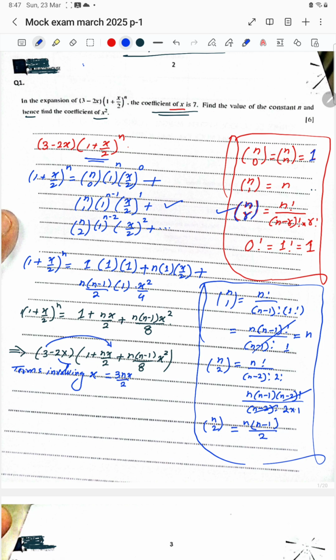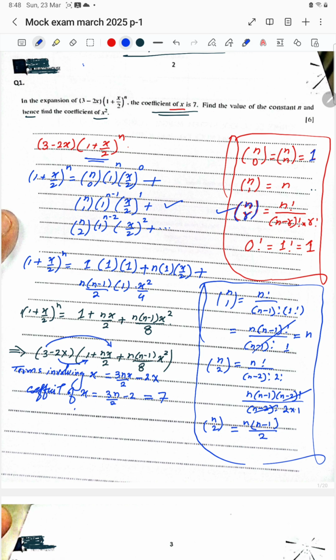And once you multiply this -2x with the 1, we have this -2x, right? So we have only these two terms, because once you multiply 3 with the next term, it will be x squared, and the other terms will be x squared and x cubed. So ignore that. So the coefficient of x